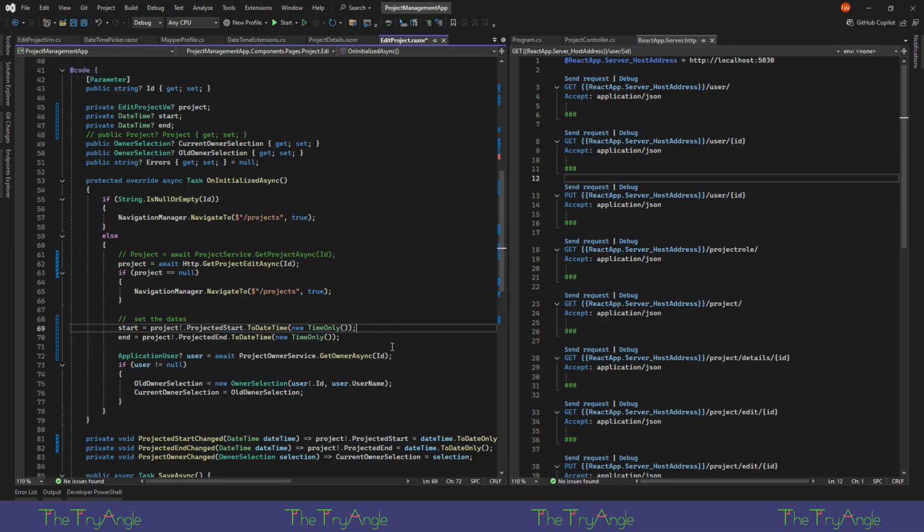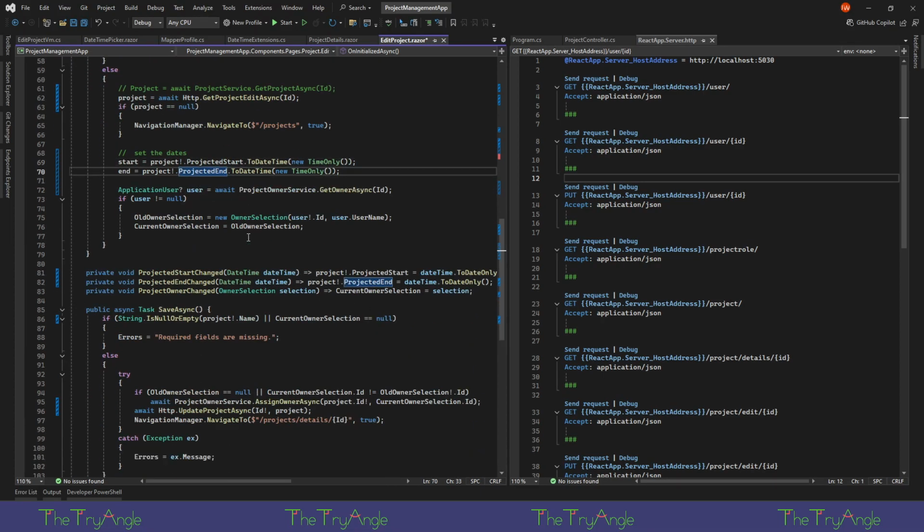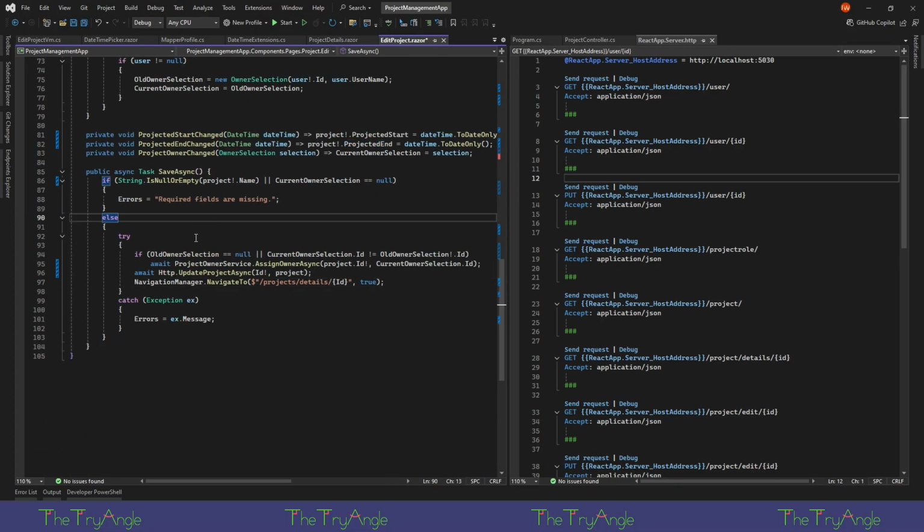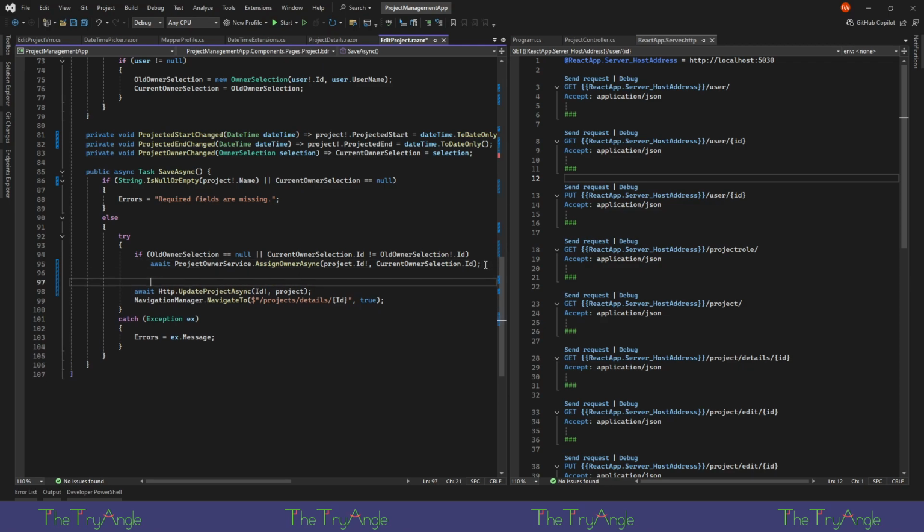There we go. And then, of course, at the very end here, when we're updating, before we update this service, we need to make sure that our projected start and end